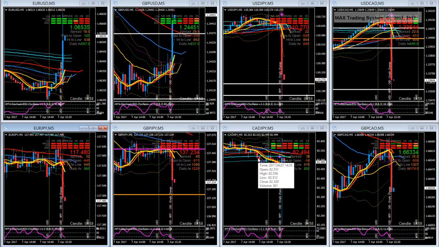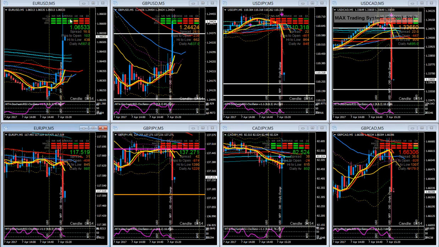Okay, we have the new bar starting. So we can see that the price has retraced somewhat. So we can consider the price should normally continue to go downward on the pairs like the US yen, the US CAD, the pound CAD. And so normally here I usually take a short trade, and my entry would be somewhere in this area, and